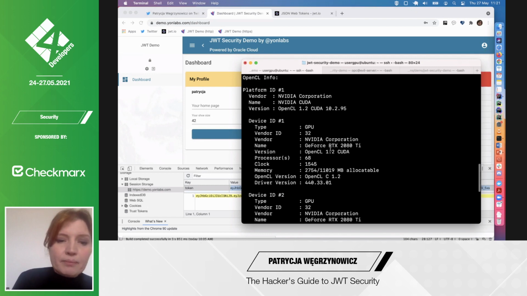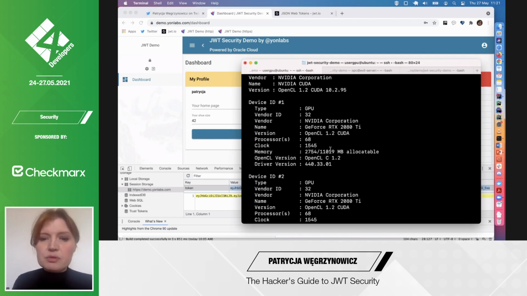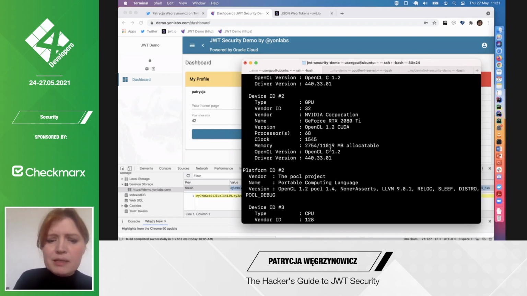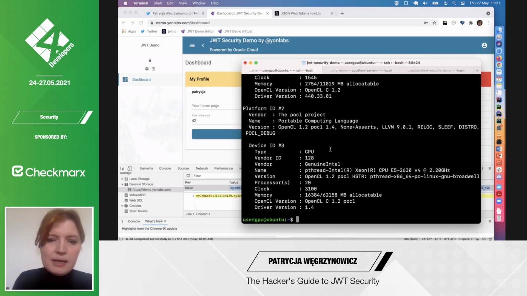We have two GPUs, GeForce RTX 2080 Ti. Each has over 2,000 cores, but there are only 2 GPU cards.